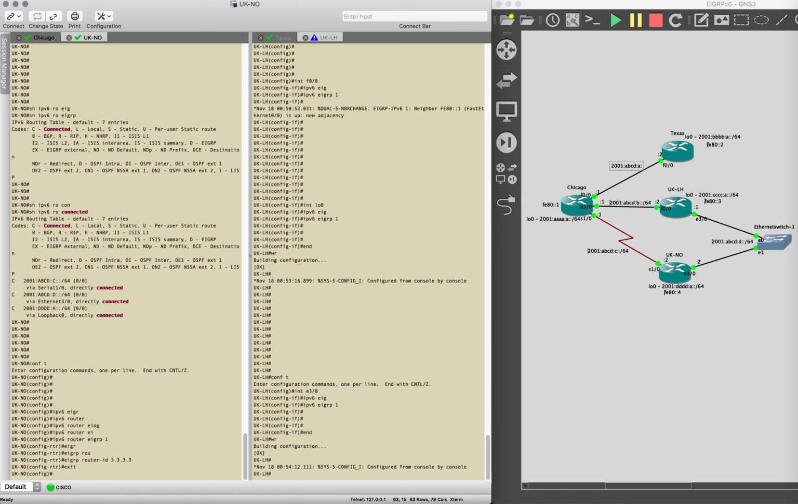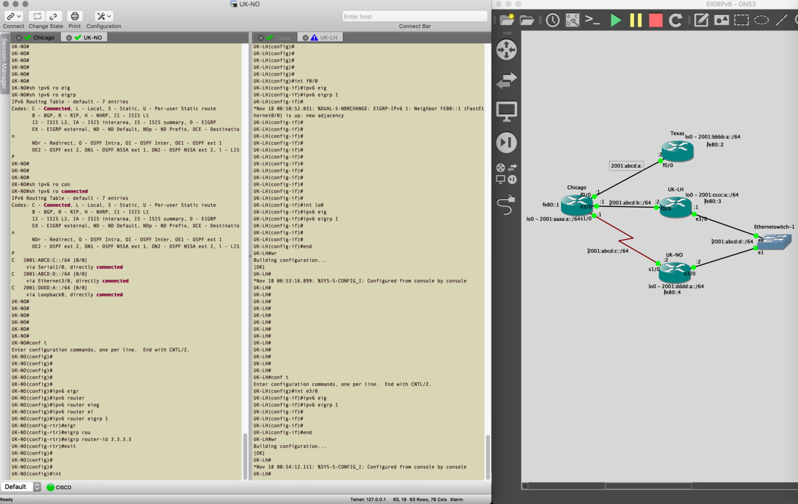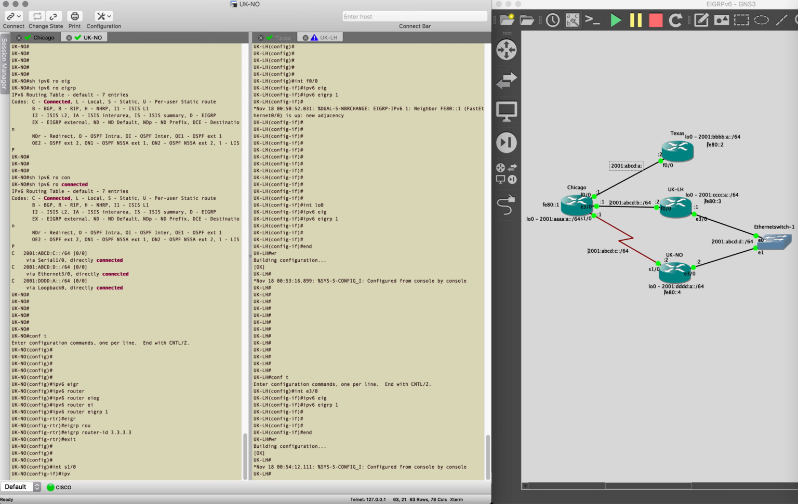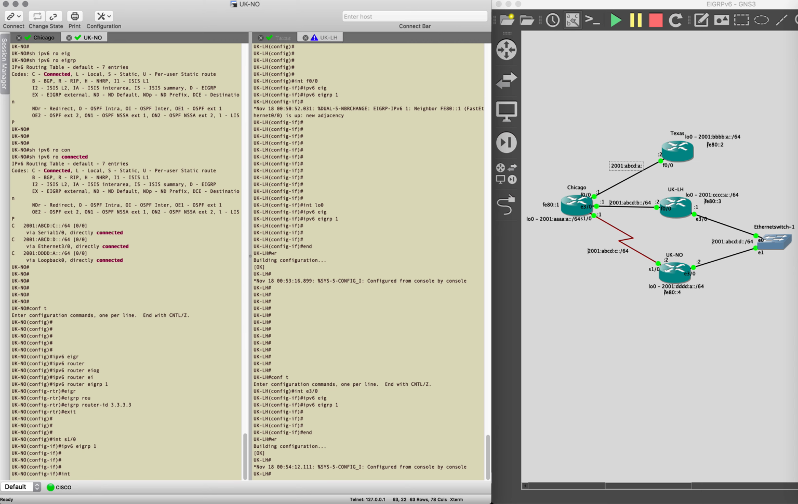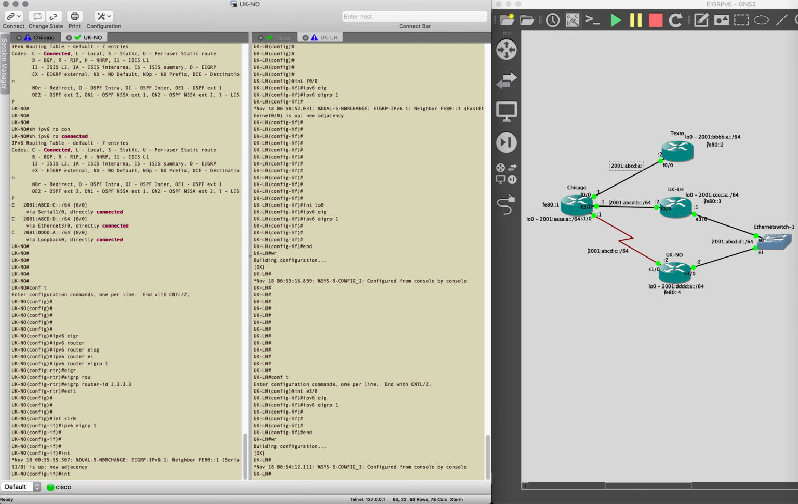And let's go to the interfaces. So interface 0150, IPv6 EIGRP 1. Now the neighbor relationship came up over the serial interface with the neighbor Chicago. So now interface E30,